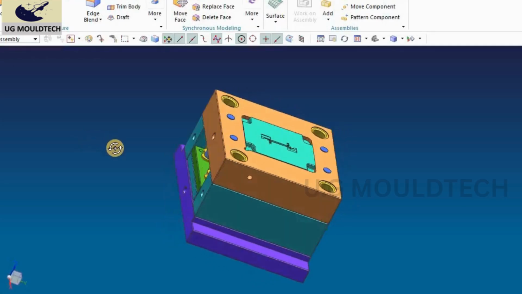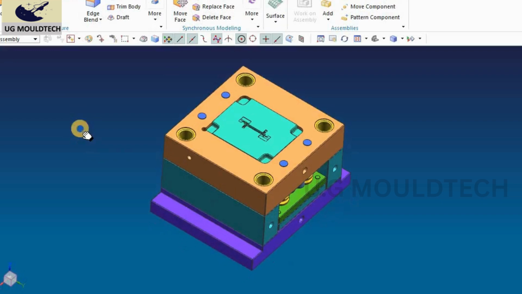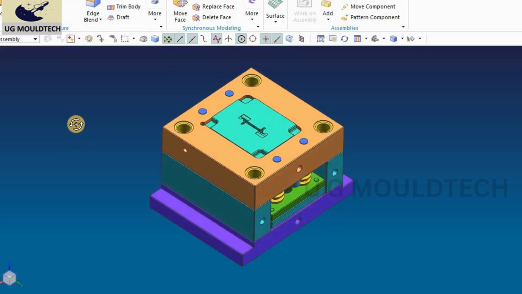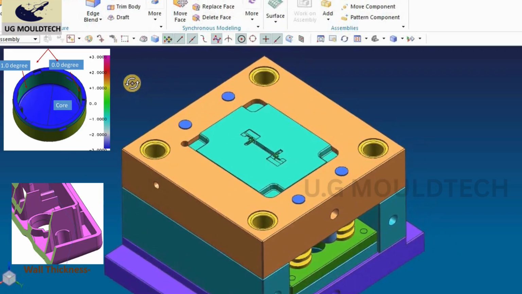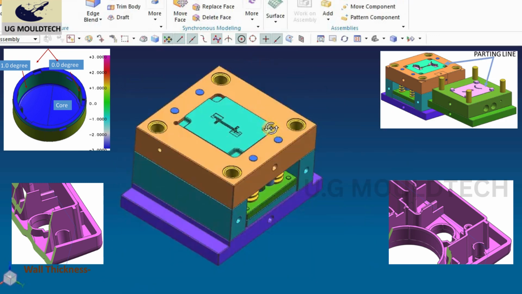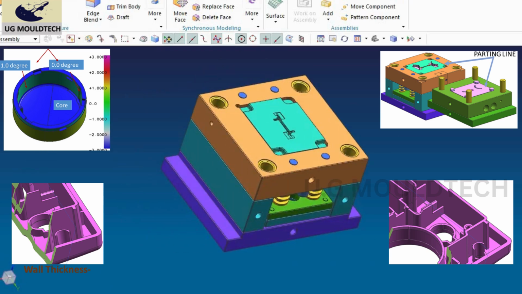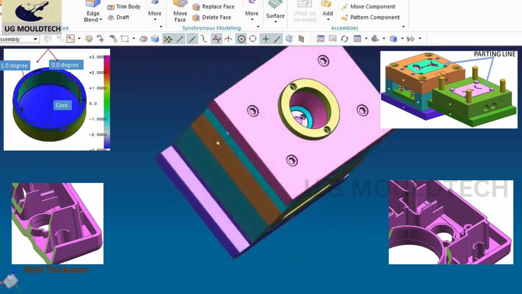Friends, the process starts with the 3D CAD model. The process begins with finalizing the 3D CAD model, which must be checked thoroughly for draft angles, wall thickness, undercuts, and parting line. These checks ensure that the part can be manufactured without any issue. You can check the core, cavity, runner, ejector pin, or any accessories that are included in the